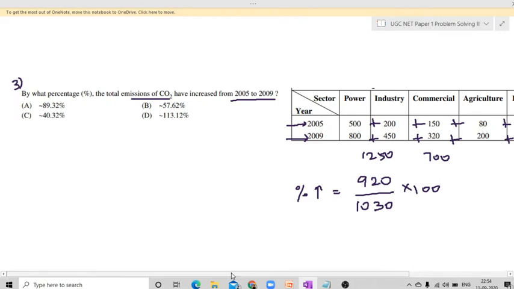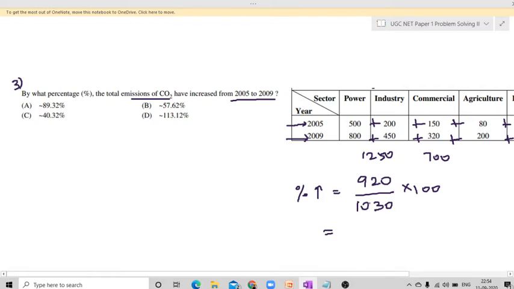Now when we try to get the answer for this question, we can very easily get the correct answer by looking at the options itself. See the options. We have all these 4 options to be very distant values, like we have a huge gap between the numbers. So in that case, very easily we can get the answer.